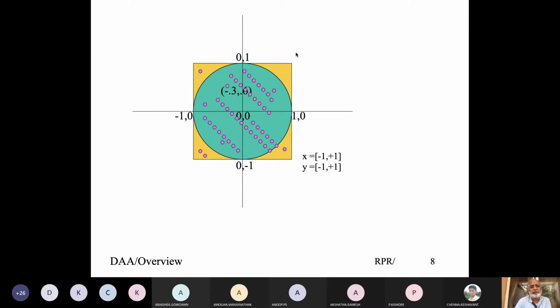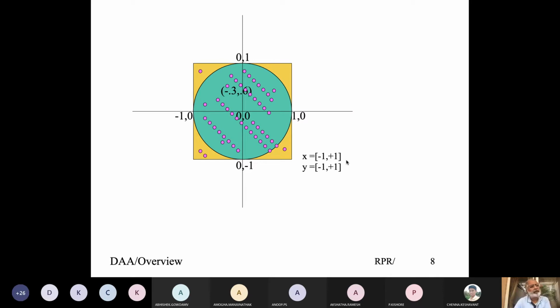I take the square and draw a circle. Now I can take some random points. I take a point P with its x coordinate lying between -1 and +1, and its y coordinate lying between -1 and +1.